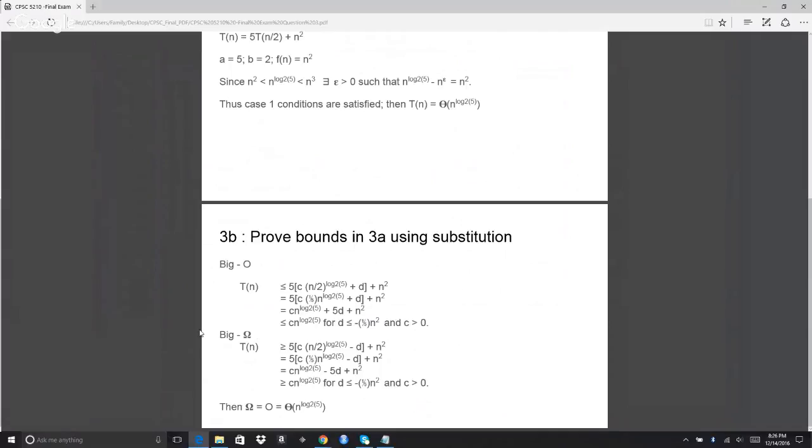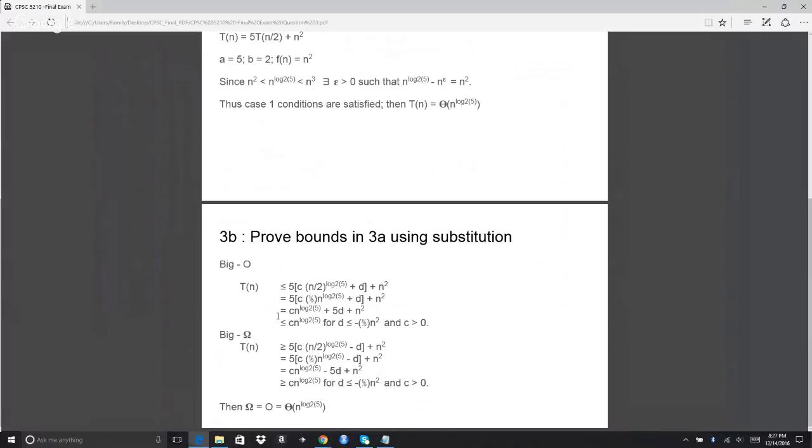So now the second part of using substitution is to prove the lower bound, big omega. So T(n) greater than or equal to 5, and it's pretty much the same equation and same process, except that instead of adding the lower order term, I'm subtracting a lower order term here. And so we get down to this equation again, and now d is actually the same, which it should be. Same bounds on d, and this makes